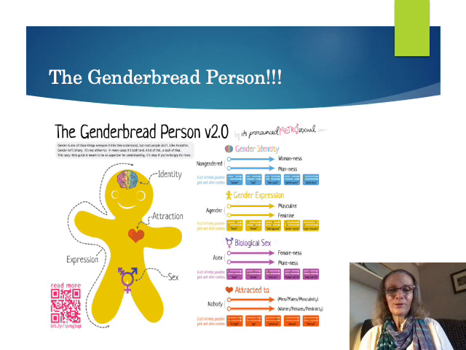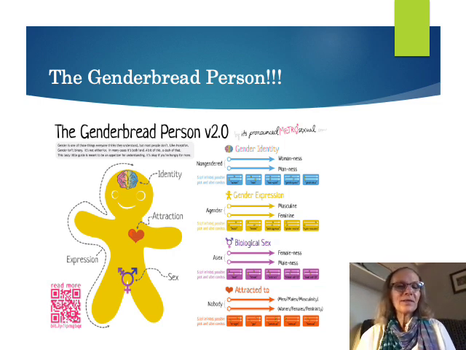Well, no lecture on all of these key terms is complete without taking a look at the genderbread person. Get it? Not gingerbread, but genderbread. What's cool about this is really this entity right here, and that talks about identity. So gender identity, then attraction, sexual orientation. Then sex, you get your parts right there, and then on the outside, gender expression, how you present yourself to the world. And that it basically shows the different spectrums